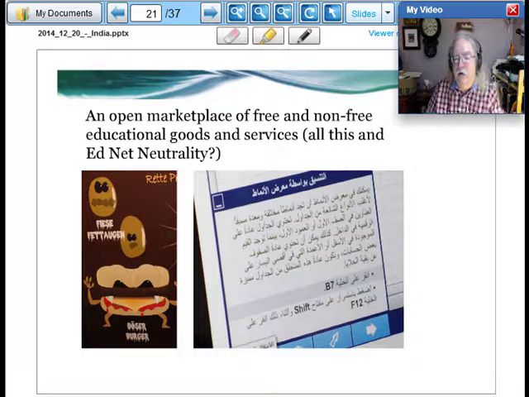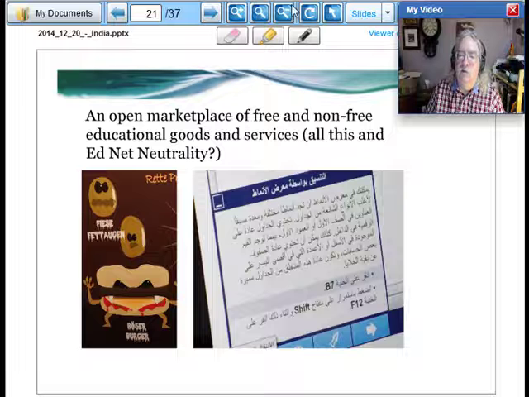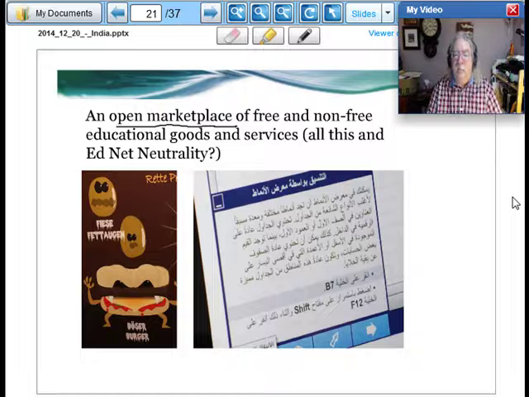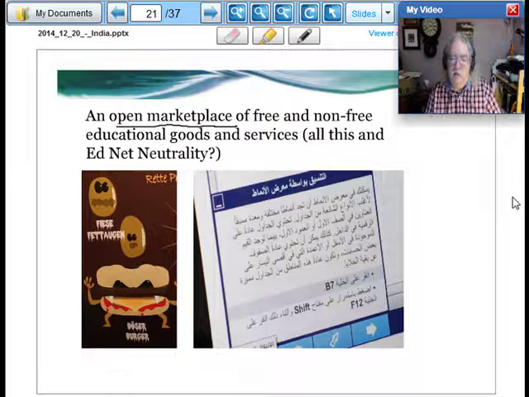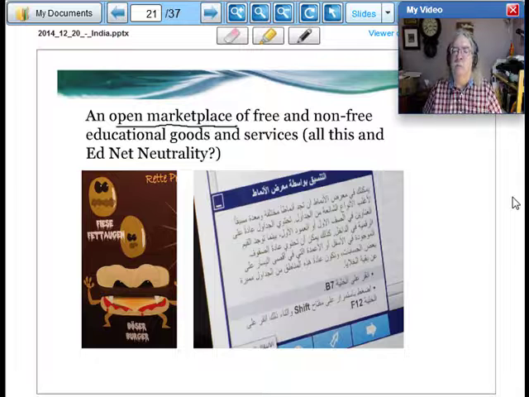So let me talk about these in a bit more detail. Beginning with resource repository network, what we're looking at here is an open marketplace of both free and non-free educational goods and services. This is a big change from the way things operate today. The existing learning management systems, at least some of them, are looking at being the sole or the proprietary repository of certain types of content. This is especially the case if the learning management system is a publisher repository, where they're not going to be very interested in providing free content.